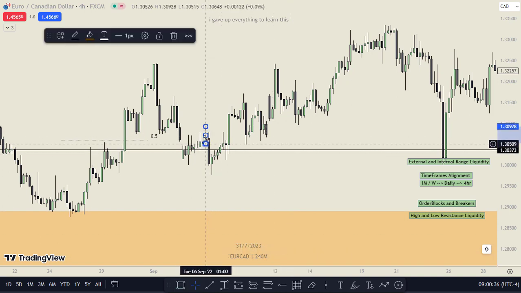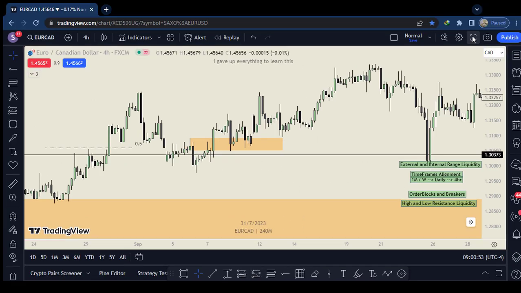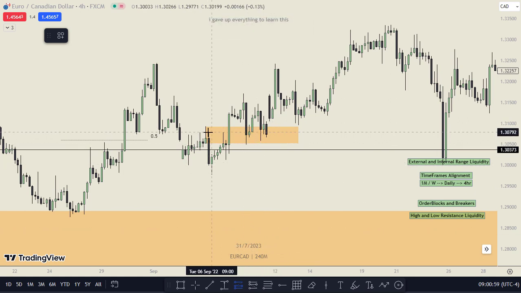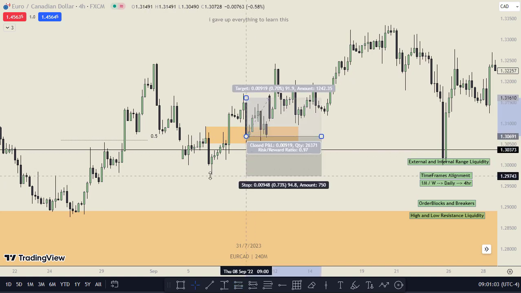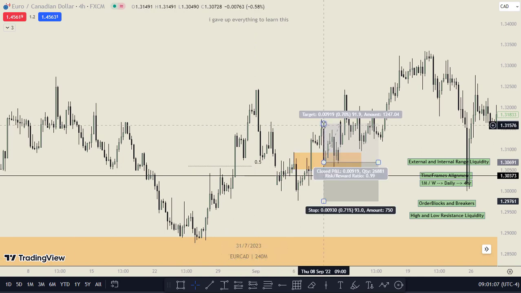So this is a valid breaker block, and we have also an order block right here, and we have a fair value gap right here. So all these confirmations to go to the upside, so you can take your position. So you can take your long position from here, right? When price reaches this breaker block or this order block, your stop loss would be here, and you are targeting these fill swings right here